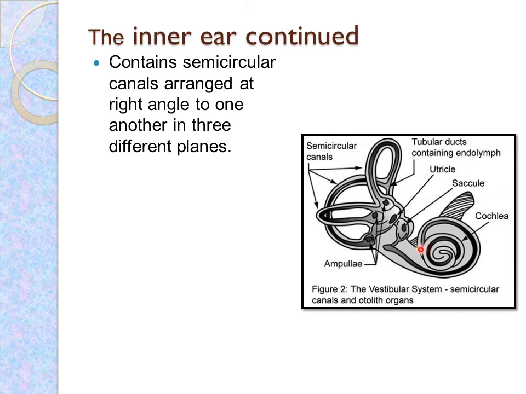Now there is a short stem here, you can see, called the vestibule. This whole system is called the vestibular system. Here we can see the semicircular canals. There are two sac-like structures to which these semicircular canals are attached. These are the utricle and saccule, or they are called utriculus and sacculus.